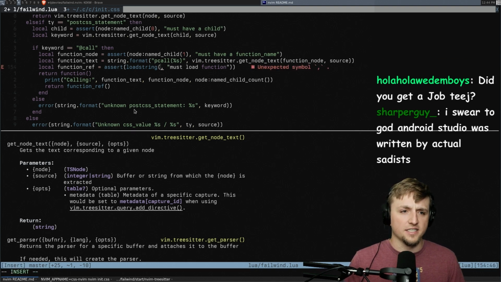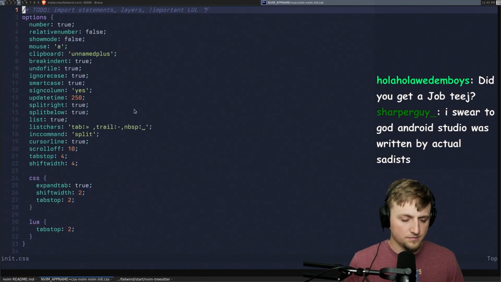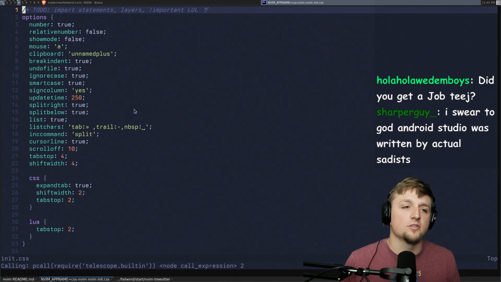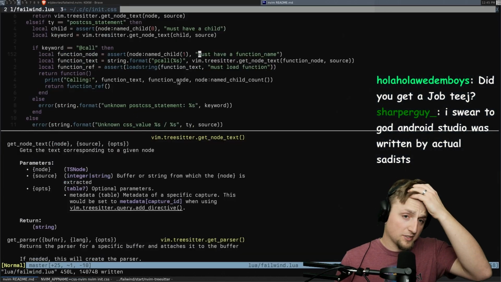Nightshade finally did it. Calling required telescope built in. Okay, so that just makes no sense to me. I guess what we can do is we can